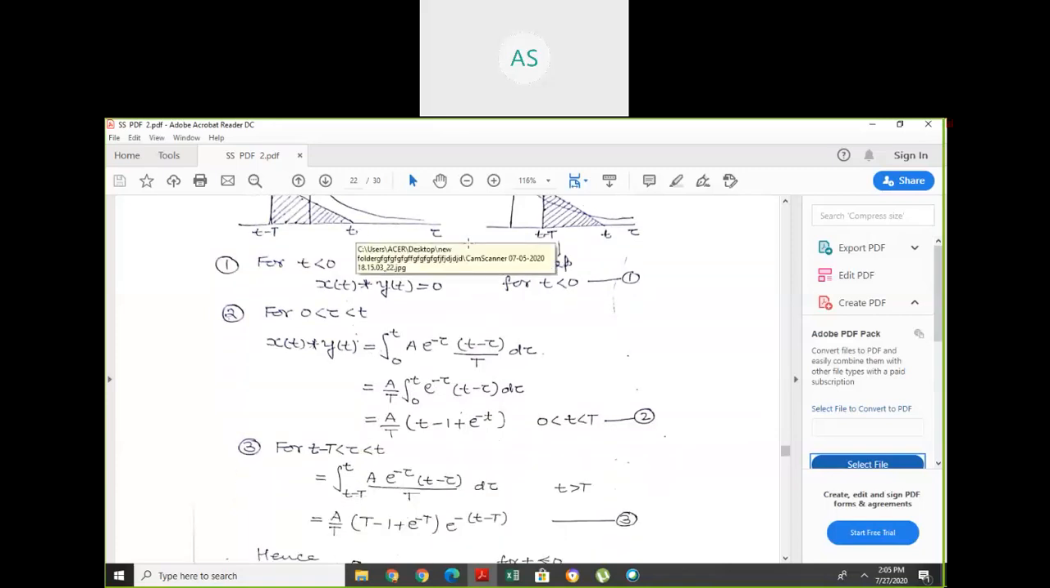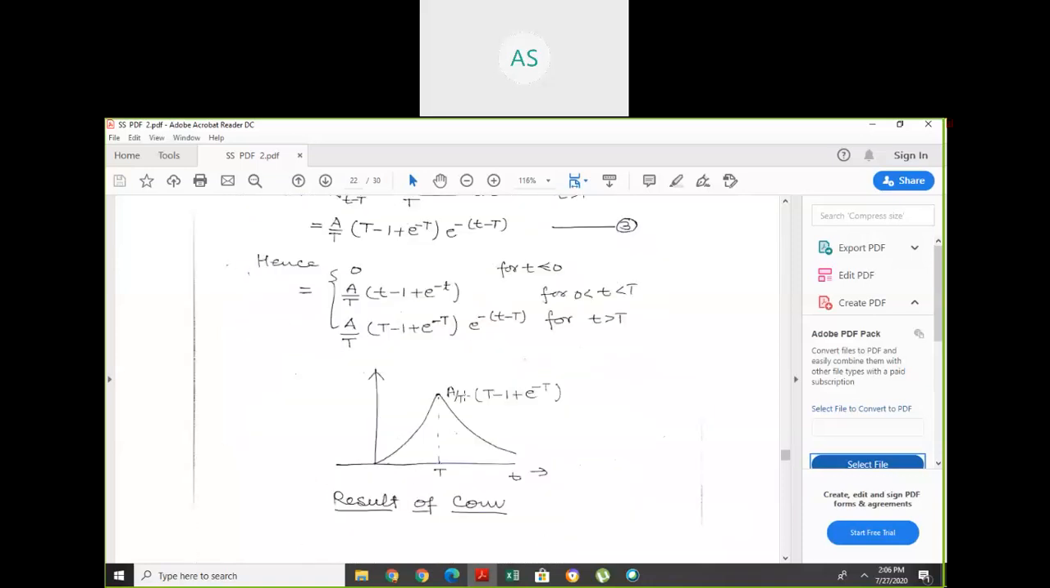Next case, when tau is greater than t minus capital T, then we get the same expression, but the limit is changed from 0 to t. The lower limit is small t minus capital T and the higher limit is t. If we integrate this equation and substitute these limits, we get the final equation, and we can draw these equations. We get the final result of convolution. So convolution is simply